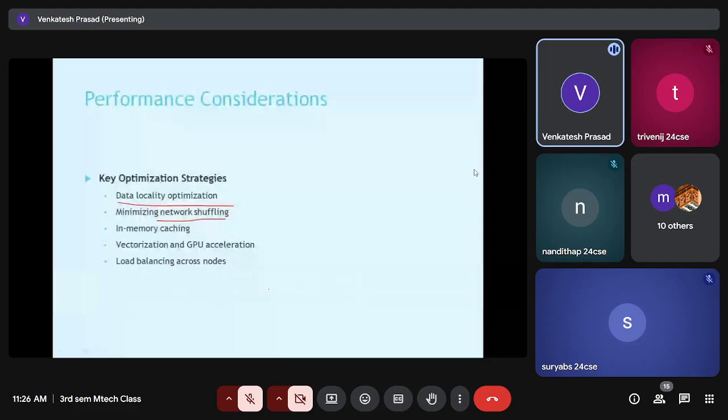You should bring in the data and do everything that is needed, then move it back to the storage. Remember that ETL thing, extract, transform, load, all those things, right? So you should minimize all the shuffling, then push it to the data store. Then in-memory caching, which we have seen, in-memory computation, everything, they are required and they have to be used. Vectorization, GPU acceleration, all these things will improve parallel computing,